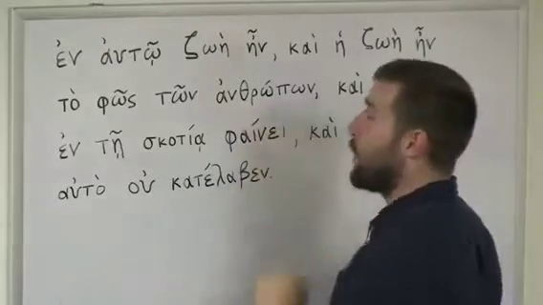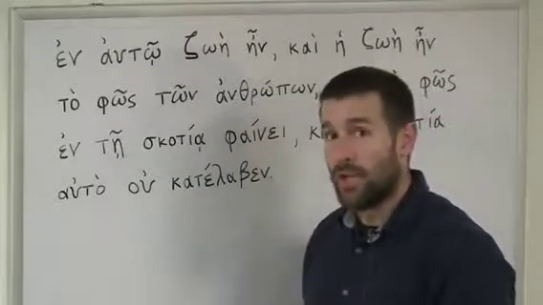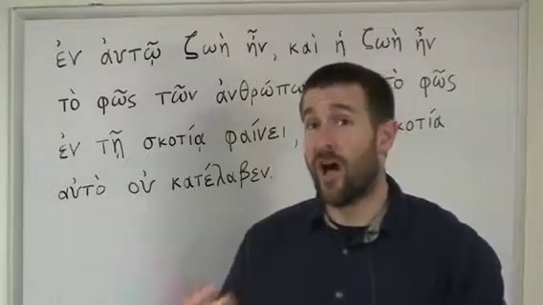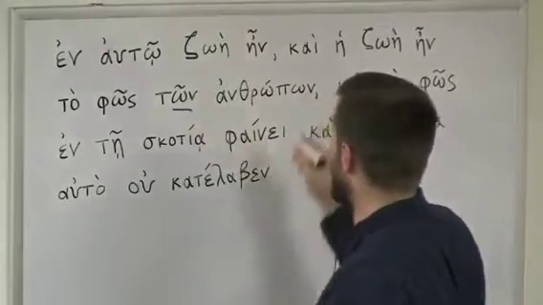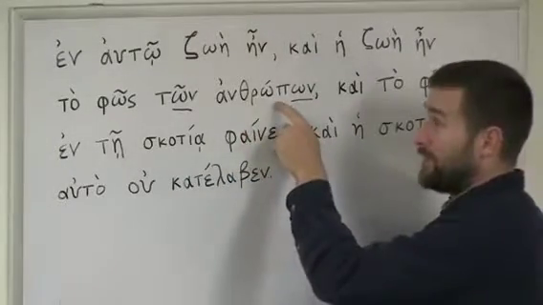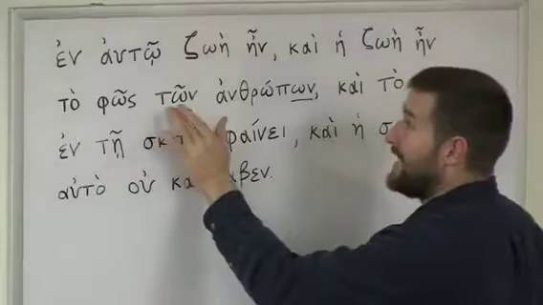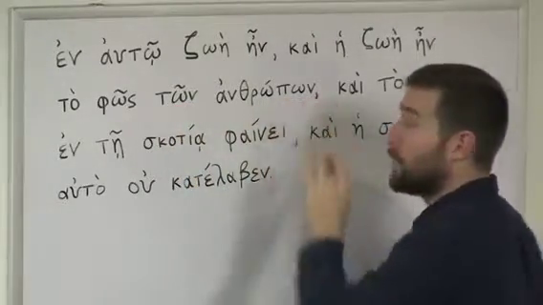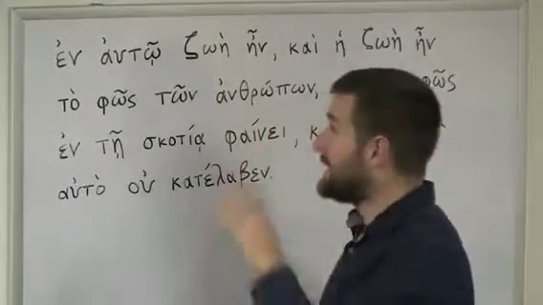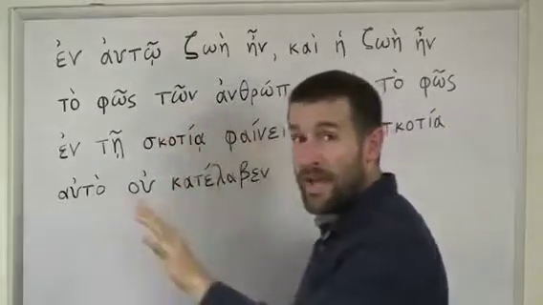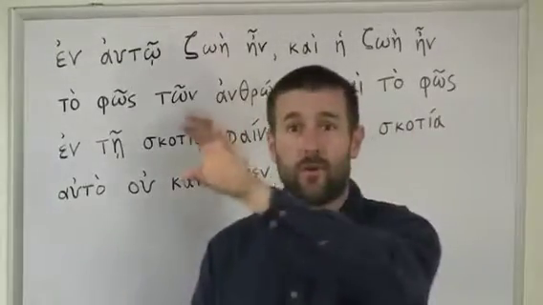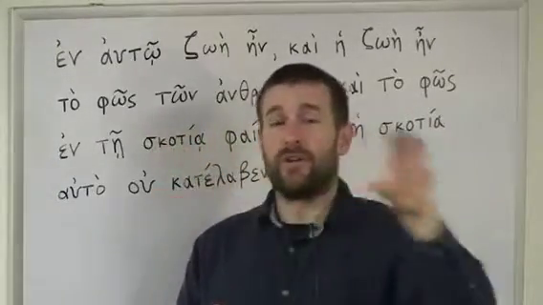Now, men here, anthropon, is in the plural genitive case. And remember, the genitive case is usually associated with the English preposition of. Look at that ending right there. Ton anthropon. Both the definite article and the noun show signs of being in the plural genitive case. This is why it is so important to memorize that chart, that demonstrative pronoun chart and the definite article chart. Because when you see that definite article, you can know right away what case it's in and whether it's singular or plural. You got to memorize that chart, the o, e, to, tu, tis, tu, to, ti, to, and on and on.